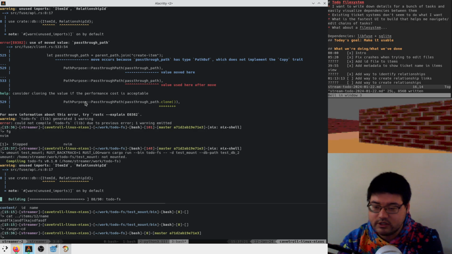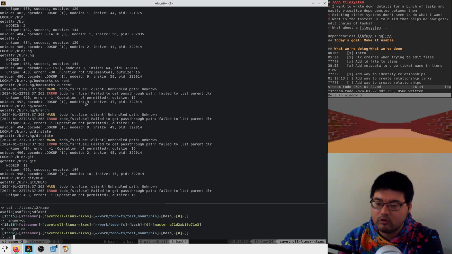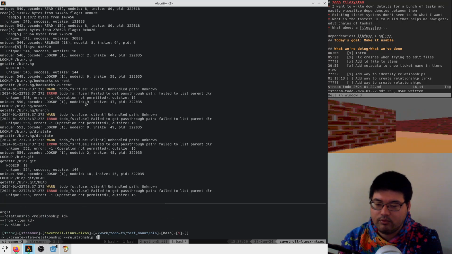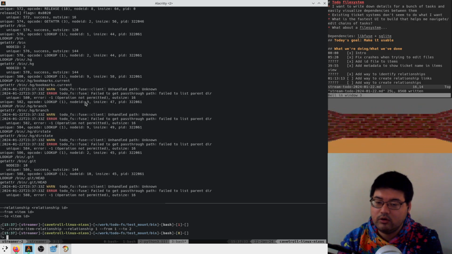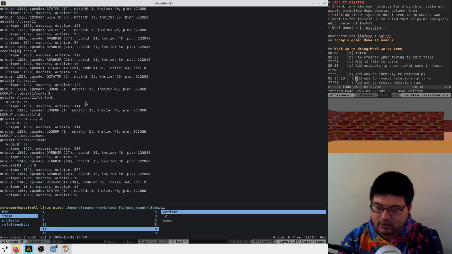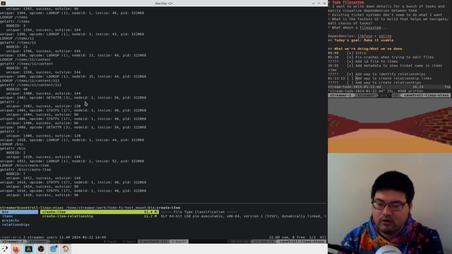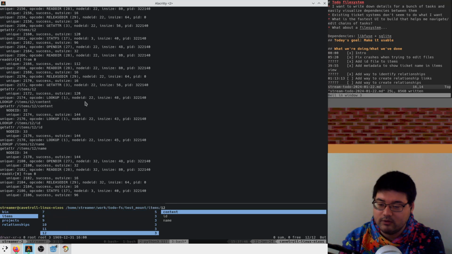Chilling, chilling, chilling. So now we should be able to go test mount, bin, create item relationship. Relationship 1 from 1 to 2. I guess we actually want to test this. So we're going to go to items. We want to like look at items 11. And let's say we want to add a parent to 11. So we'll do the same thing, but we'll say to 11. And now if we go to items 11,